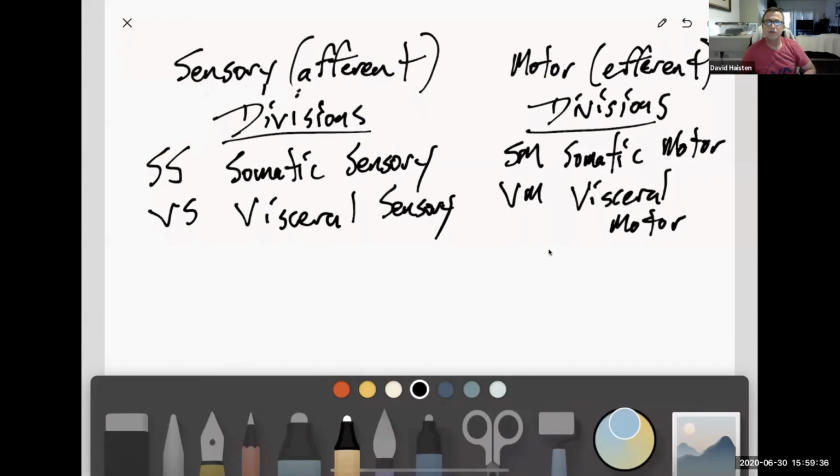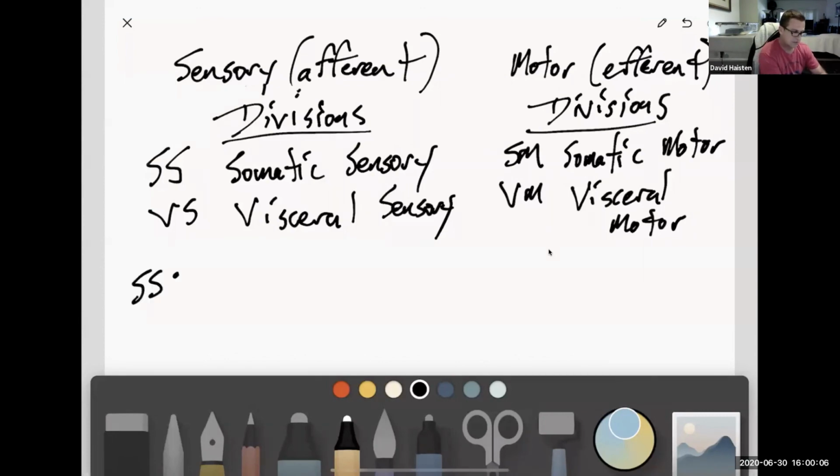But then we have some little nuances with sensory. We have your special senses, such as seeing, hearing, smelling, tasting, and equilibrium. Your special senses. Now those are grouped with somatic sensory and visceral sensory. Okay, so what's considered SS,